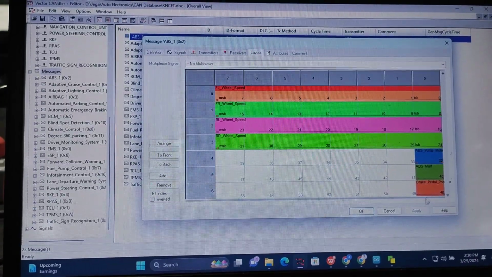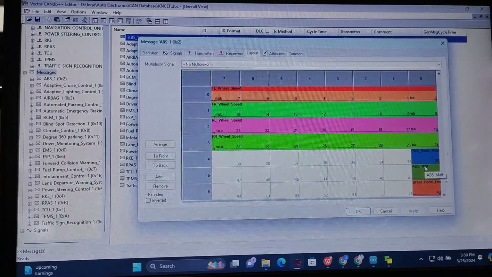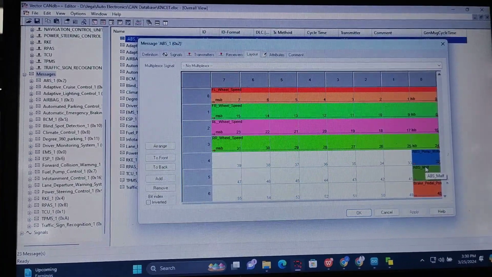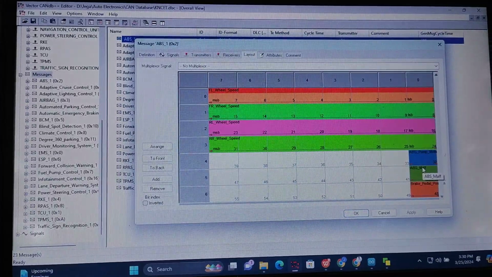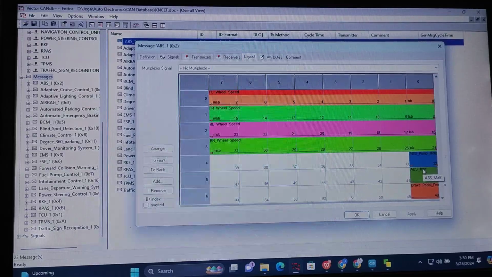But the malfunction is not like that. It is giving only 0 or 1, which means suppose our ABS is malfunctioned, it indicates like a 1. So if I send the data as 1, it means ABS is malfunctioned. If it sends the data as 0, it means ABS is not malfunctioned, like that. Okay.